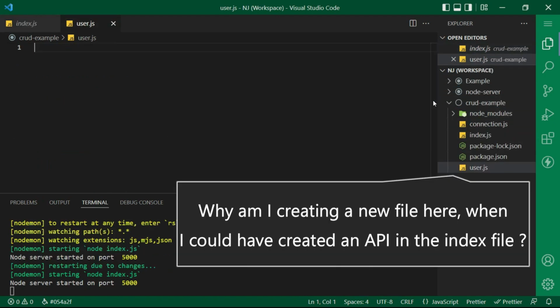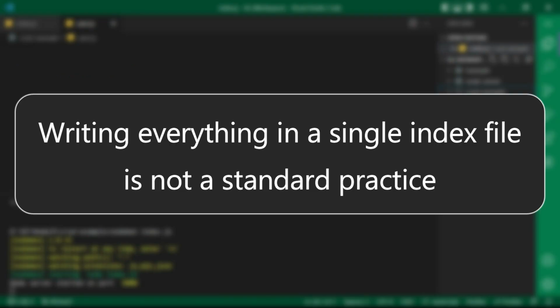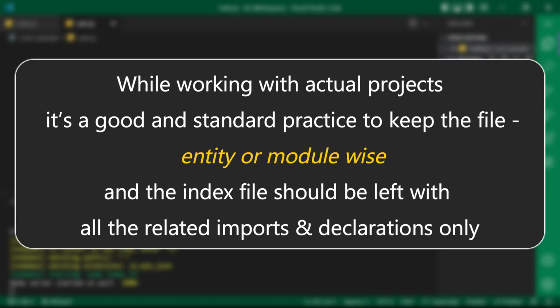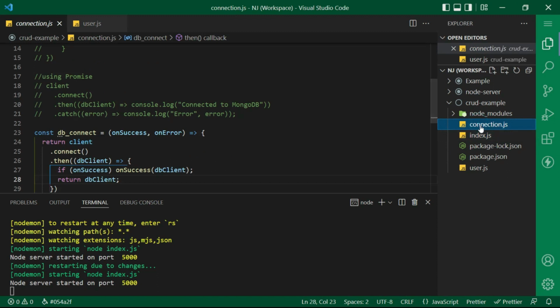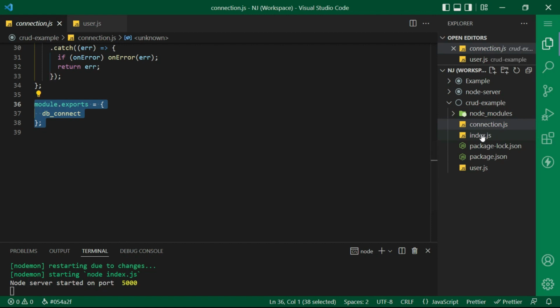Why am I creating a new file here when I could have created an API in the index file? That's because we don't want to mess up the index file by keeping everything in it. Writing everything in a single index file is not a standard practice. While working with actual projects, it's a good and standard practice to keep the files entity or module wise, and the index file should be left with all the related imports and declarations only. Like we did for the connection class as well, we have kept the connection related methods in connection.js and